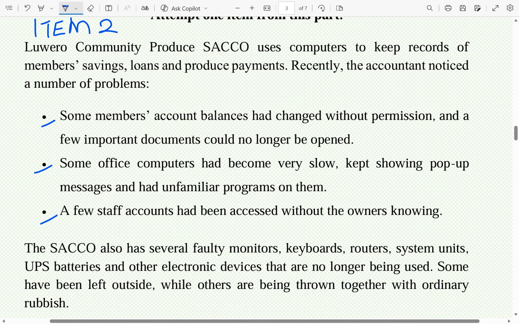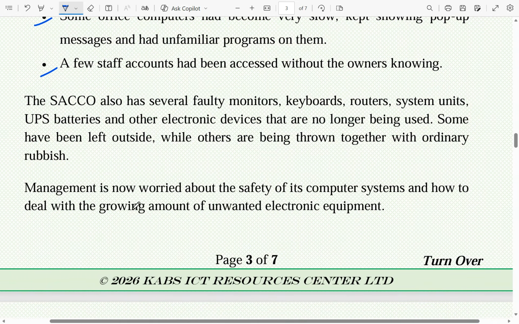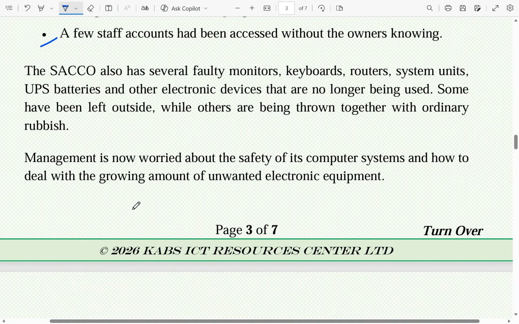Some have been left outside, while others are being thrown together with ordinary rubbish. Management is now worried about the safety of its computer systems and how to deal with the growing amount of unwanted